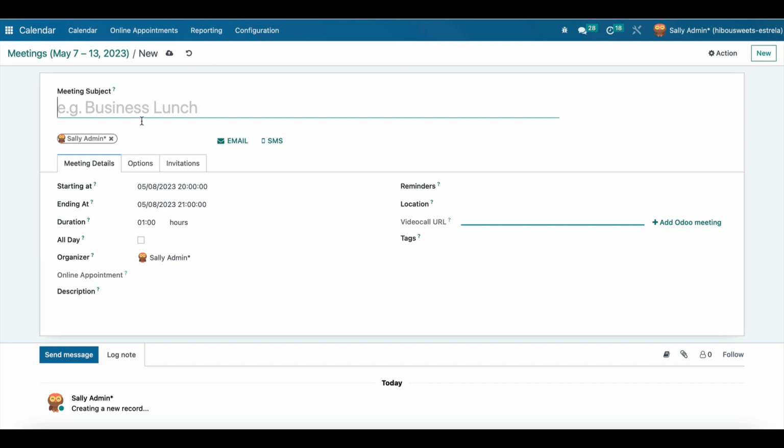And here we'll see a form where we can enter all the details of the appointment, including the date, title, time, location, and the attendees. So in this case, we're going to say, meeting with Harry. I have the time selected, and here we can add a video call URL, or we can just add the location. So let's say in this case, it's